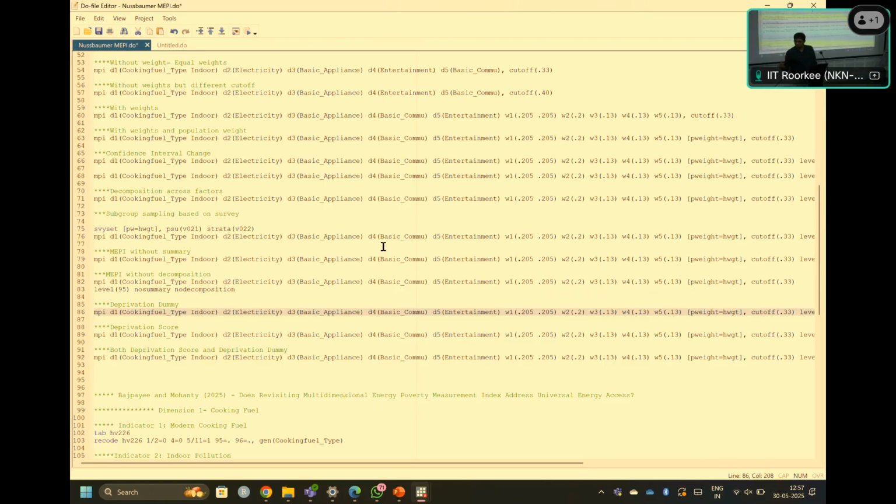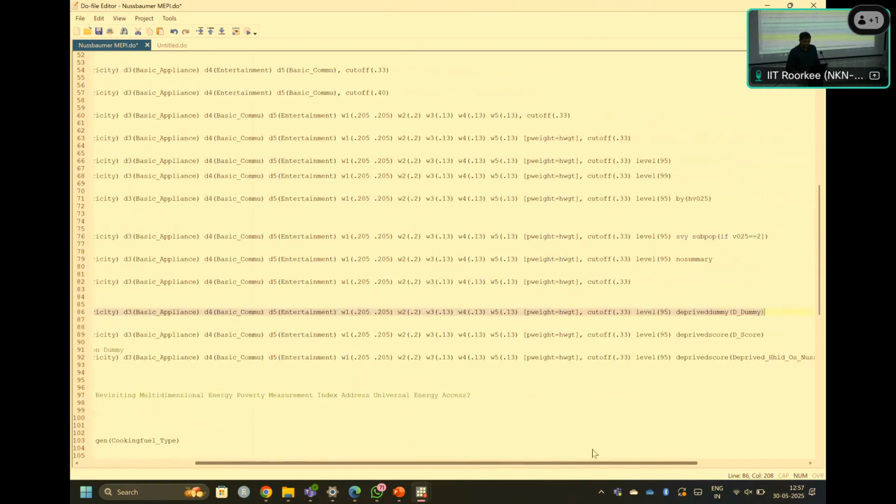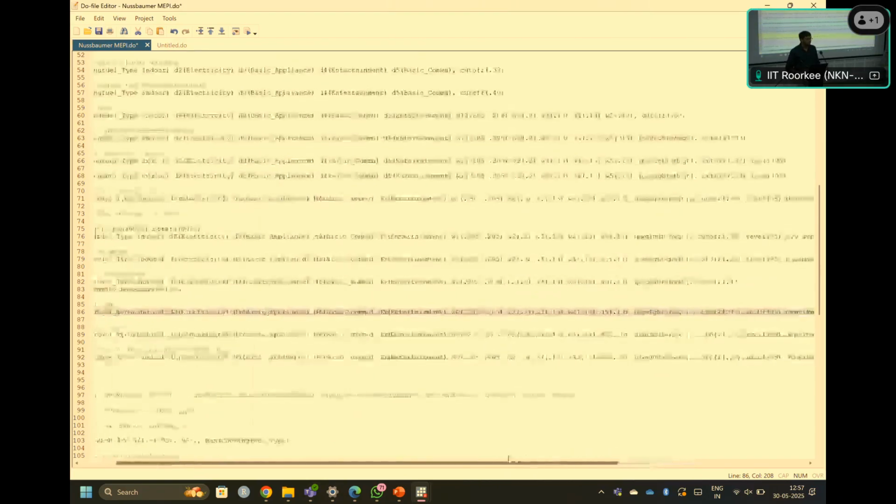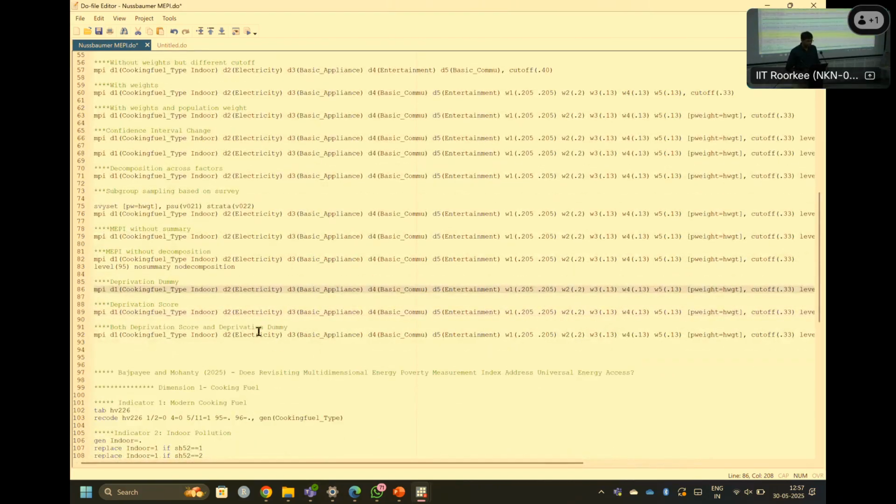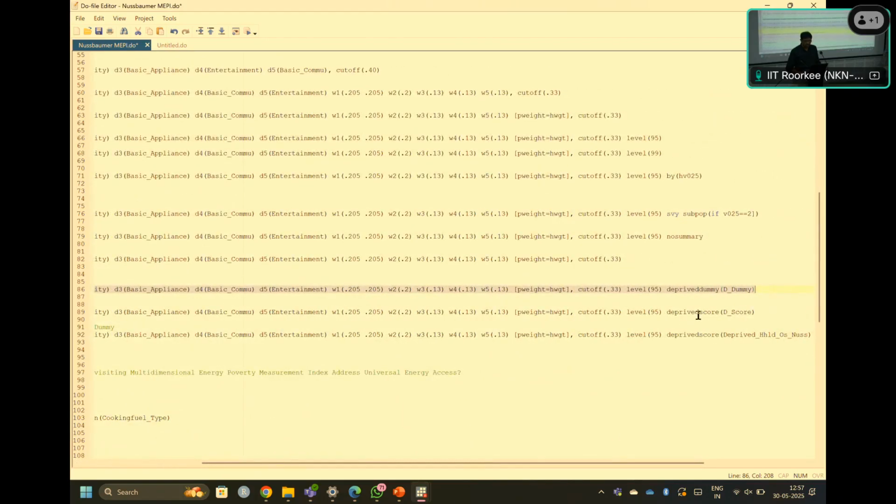We can also decompose at different levels as well. That is done. Then we are actually explaining the deprivation score. So deprivation score is done by defining the deprivation dummy. So deprivation dummy and its score can be calculated like this. Dummy wise we just mentioned. So the score has to be the deprivation score with this command.